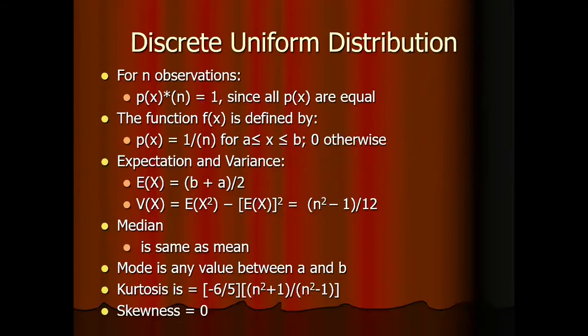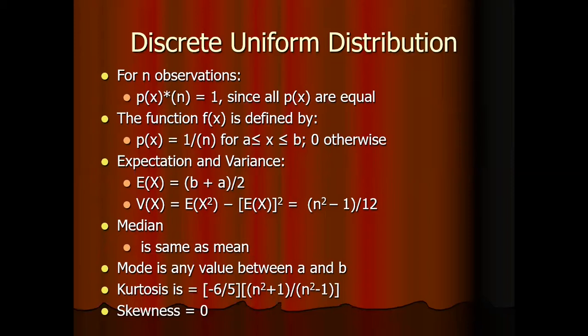If there are n observations, then probability of x multiplied by n will be 1 because area under the curve is always 1 for probability density function. So the function is given as p(x) is equal to 1 by n for x between a and b, and it is 0 otherwise. Mean is equal to b plus a by 2 and variance is equal to n square minus 1 by 12. Median is same as mean and mode is any value between a and b because the